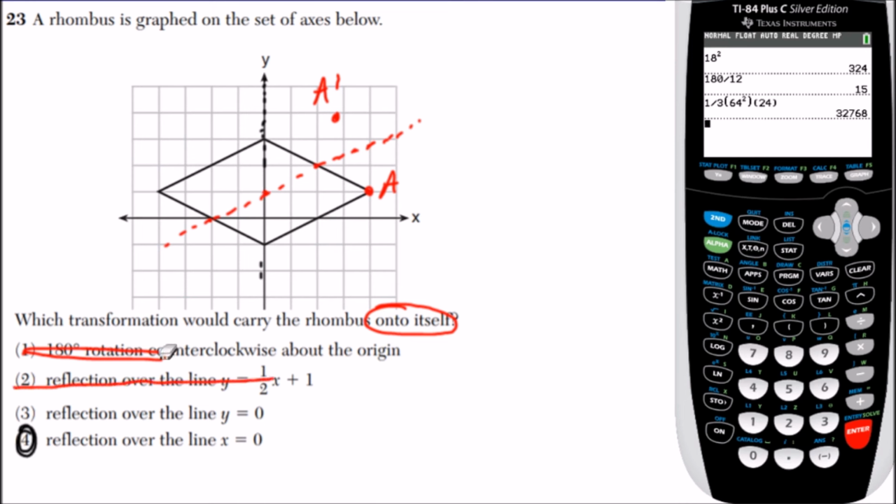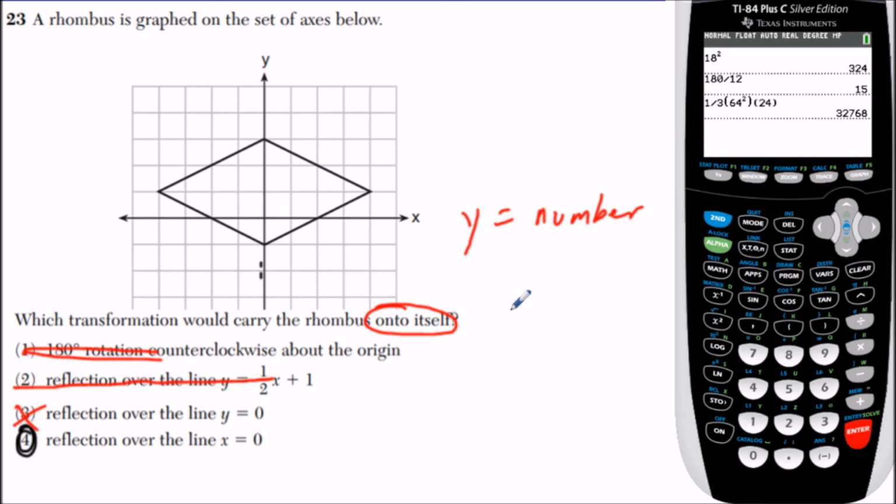All right, and now for choice 3, the reason why someone might pick this is they're going to say, oh, the y-axis is a line of symmetry. The y-axis has the letter y in it, y equals 0, but be very, very careful here. If you get to the test and you're wondering, wait, does y equals a number